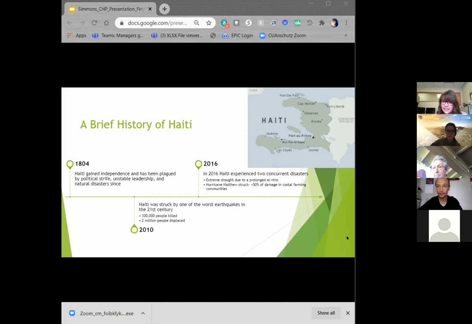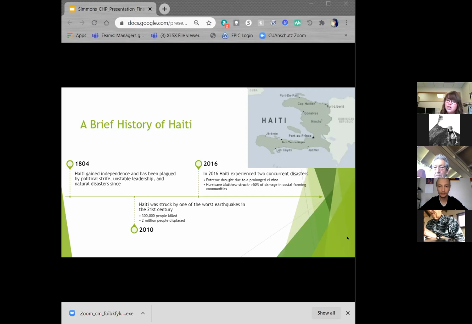So since gaining independence, Haiti's been plagued by political strife, unstable leadership, and horrific natural disasters. In 2010, Haiti was struck by one of the worst earthquakes in the 21st century. Over 300,000 people were killed and more than 2 million people were displaced from their homes and communities. And before being able to fully recover from that, it was assailed by two concurrent disasters in 2016, a drought